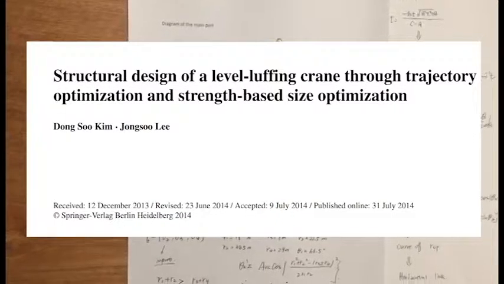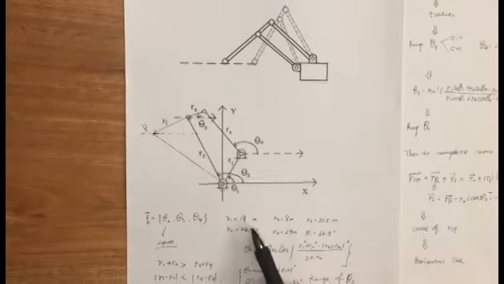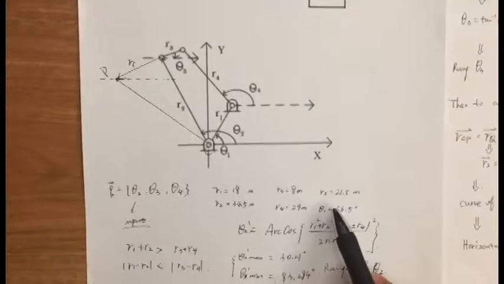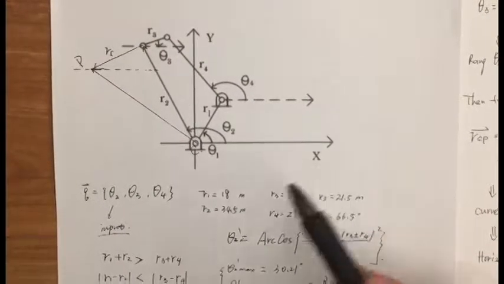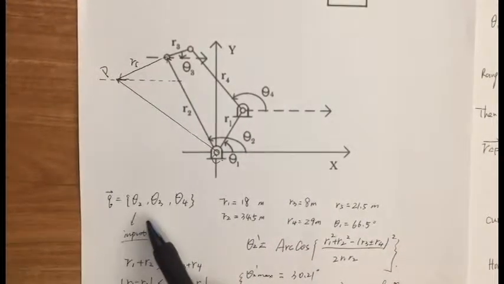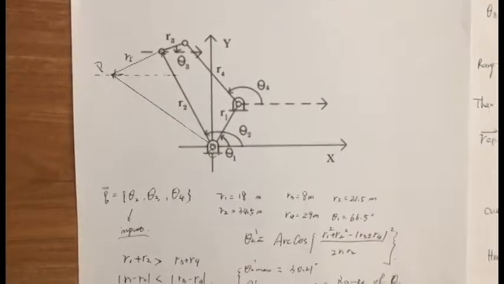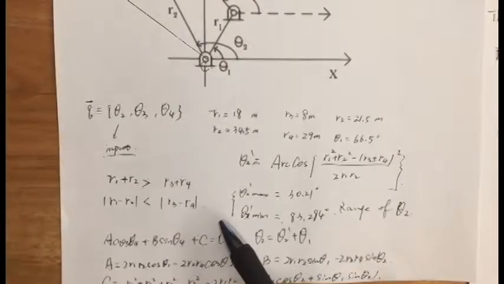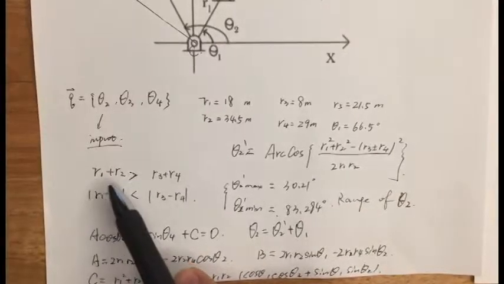Thanks to Kim and Lee, according to their design dimension ratio, I get our design dimensions R1, R2, R3, R4, R5, and the stable angle theta 1 here. And for our design, the generalized coordinates are theta 2, theta 3, and theta 4, where theta 2 is the input. In order to calculate the range of theta 2, we had to get the relationship between R1 plus